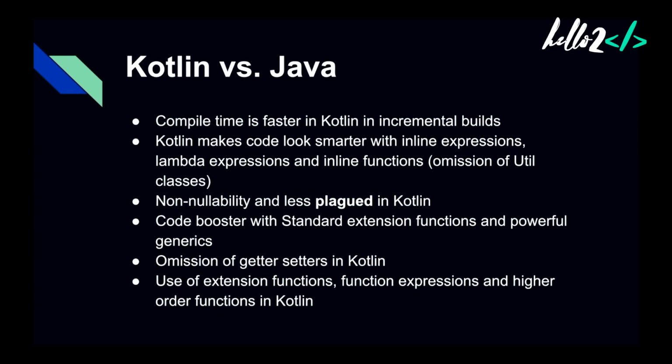The next most important feature of Kotlin is its non-nullability. Kotlin strictly differentiates between nullable and non-nullable types. Now, big Java projects are literally plagued by vulnerabilities of null pointer exceptions. And the best we can do is surround the places potentially causing null pointer exceptions with a try-catch block. But that doesn't solve our problem, it deteriorates the quality of the code. Now through Kotlin we can achieve this with relative ease.